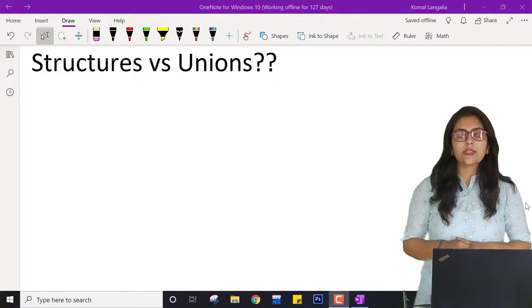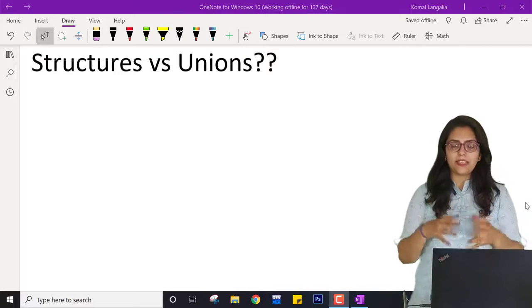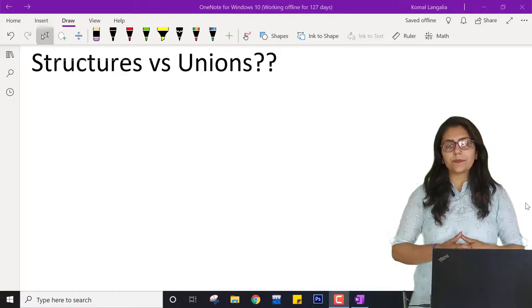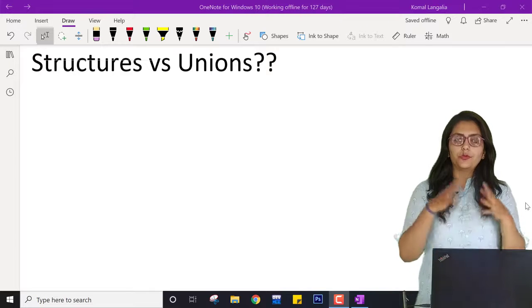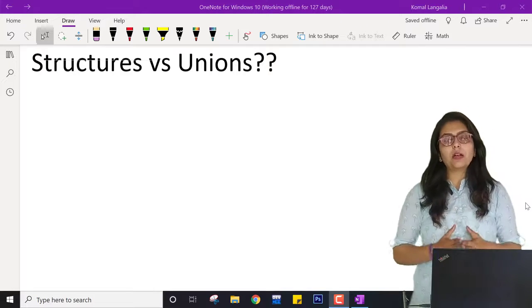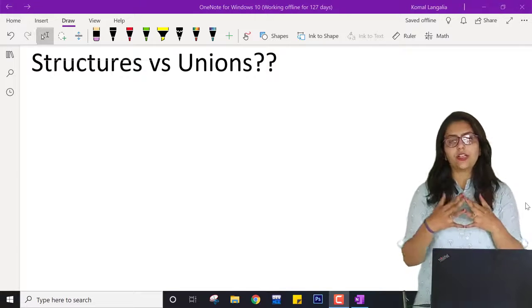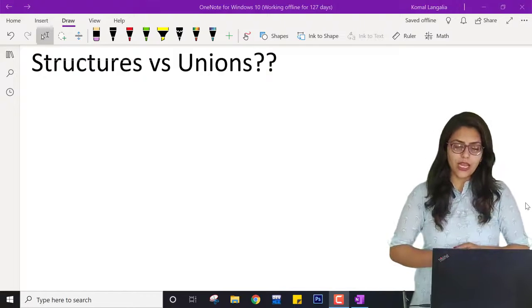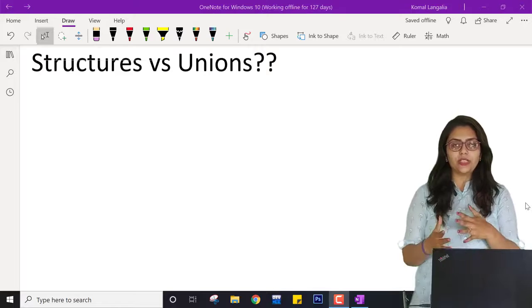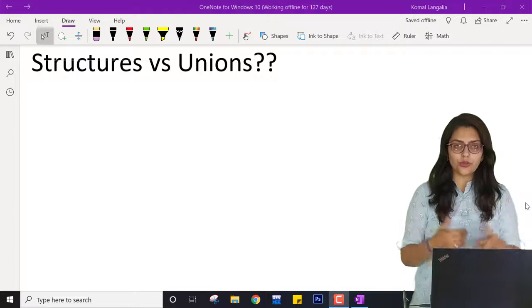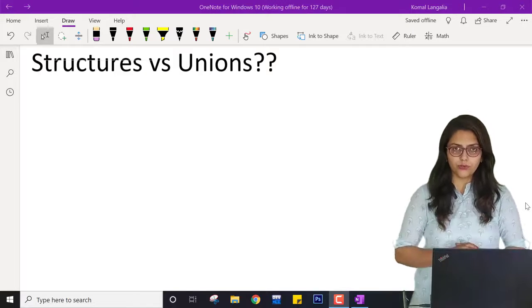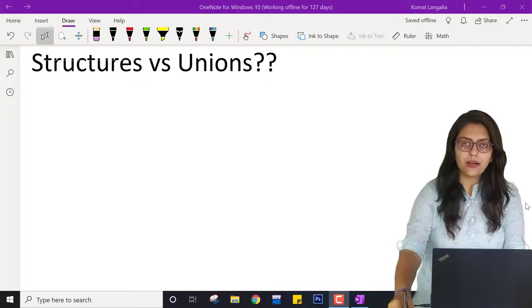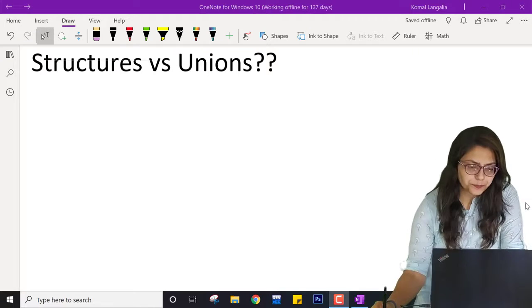Hello everyone. In the video lecture series of the 8th chapter, structures and unions, we are going to head to unions. But before going through the declaration, initialization and the concept of union, I would like to explain union in terms of structures, and what the difference between the two is. So first, on my whiteboard, I am going to explain that.